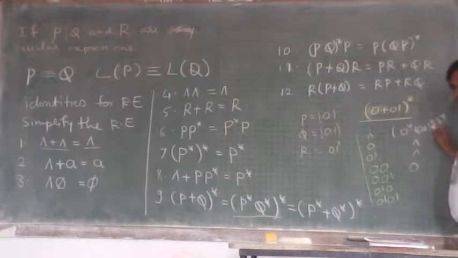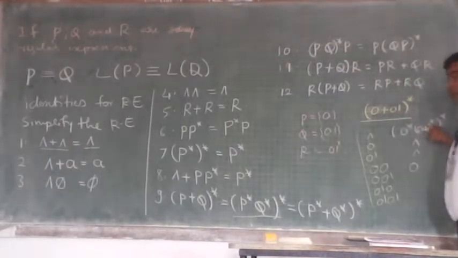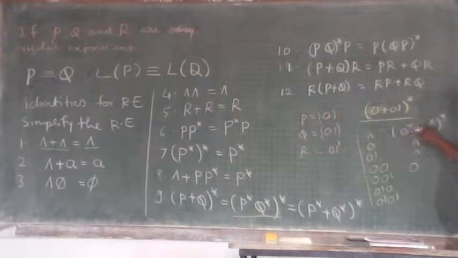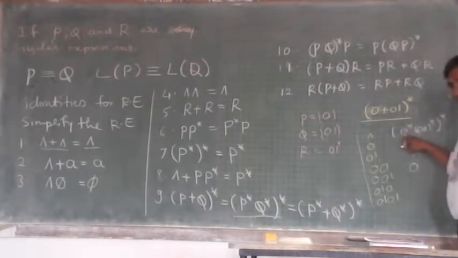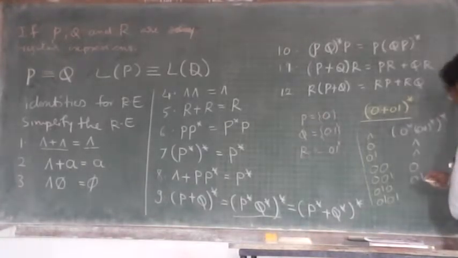You consider this star as a 0, means it is null. 1 0. Second case, you consider this as a 0 1, this is a 1 and this star as a 0. At that time, this you will find null. And here we get 0 1 as a string. Getting?